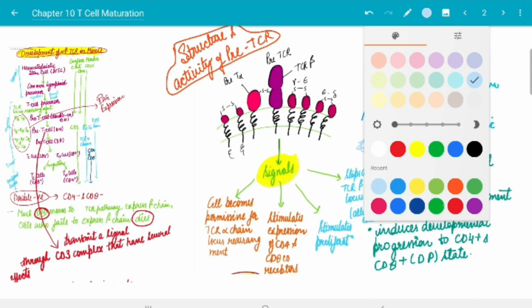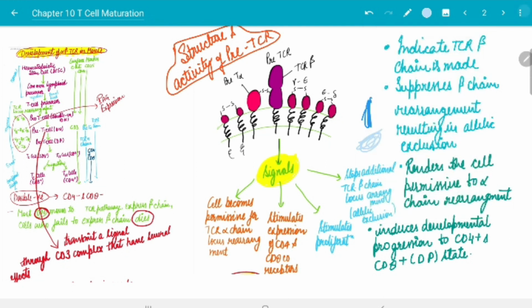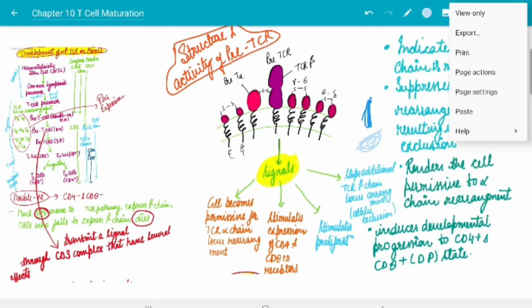Now you also have an option where you can directly select from recently used colors. Another important thing, another plus point I would say, is if you have to export or share the notes, it won't limit you. In OneNote there is a limitation that only one particular page will be shared as a PDF. Here there is no limitation of that kind. If you want to export, you can export in JPG format also.